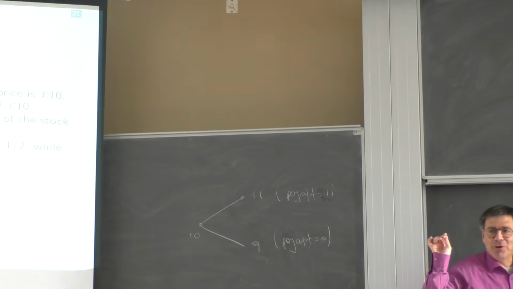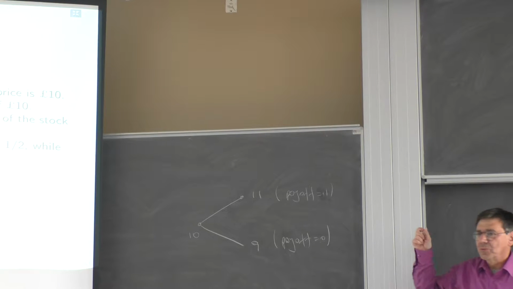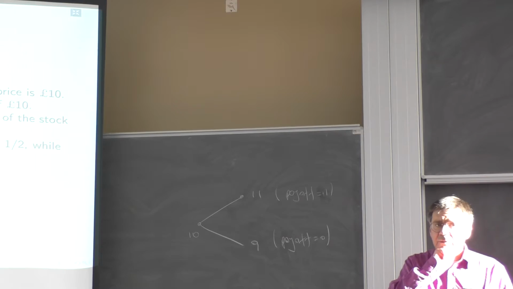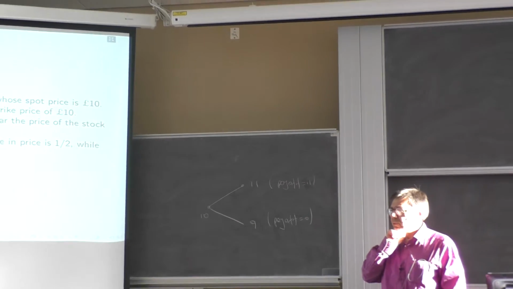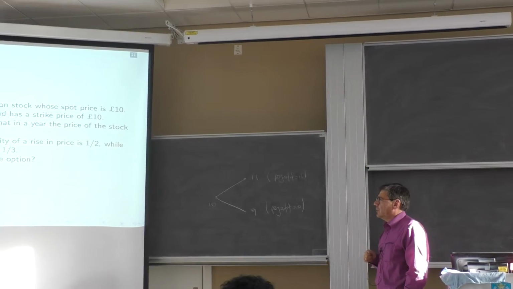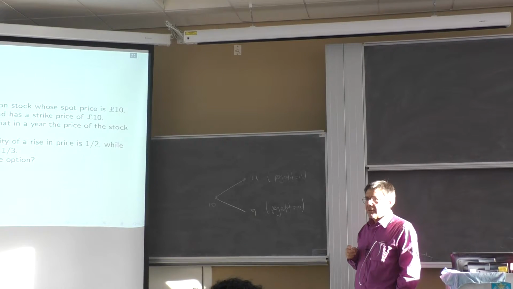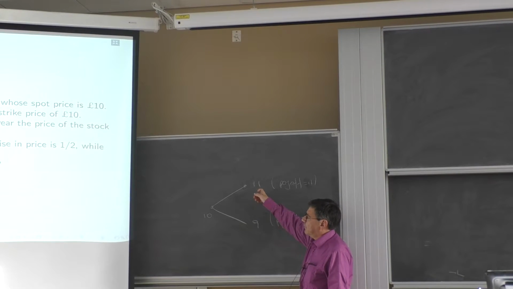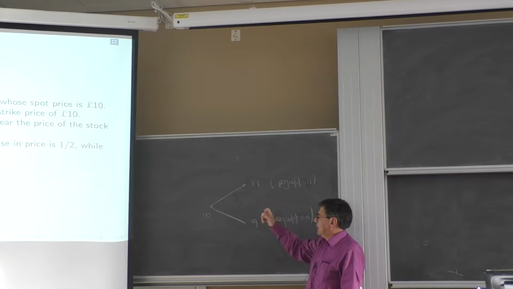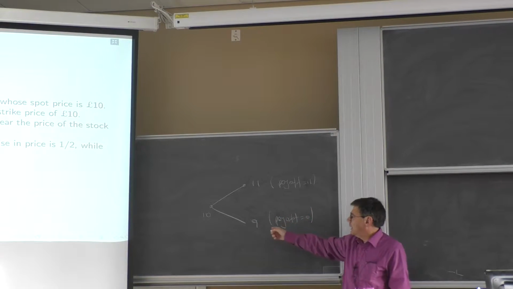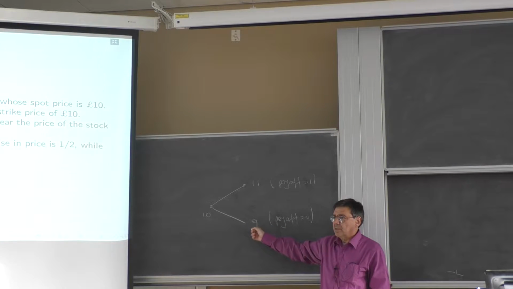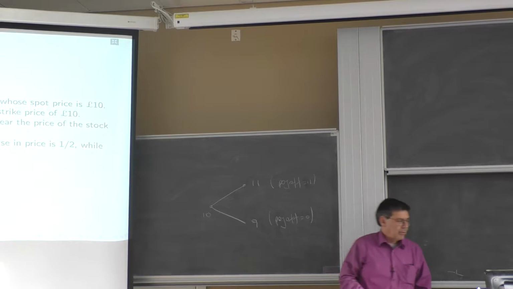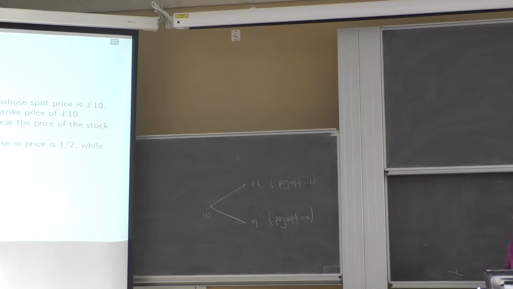Where this is coming from is the definition of a call option, which you now should know very well. If someone wakes you up in the middle of the night and asks you what is a European call option, you would say it's a contract that gives you the right to buy something at a certain price. So if you find yourself at this state of the world, you can buy something for 10 and sell it for 11, and then you can make a profit of £1. Here you have the right to buy it for 10 and sell it for 9, because that's the market price in this state of the world. So you're not going to do that, and then your option is worthless.